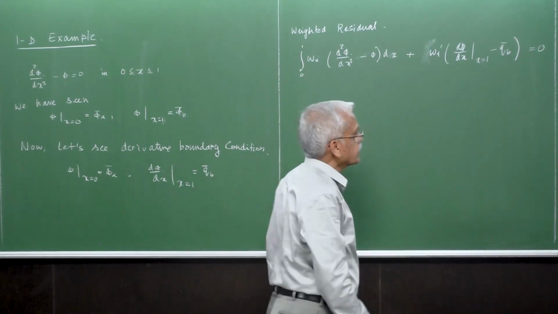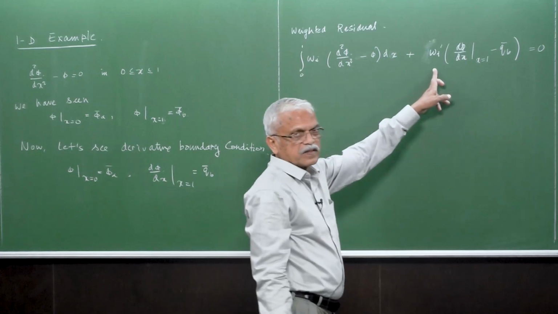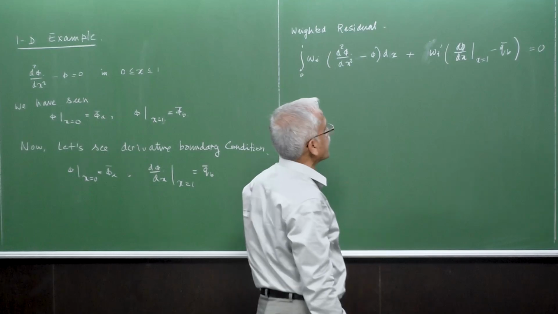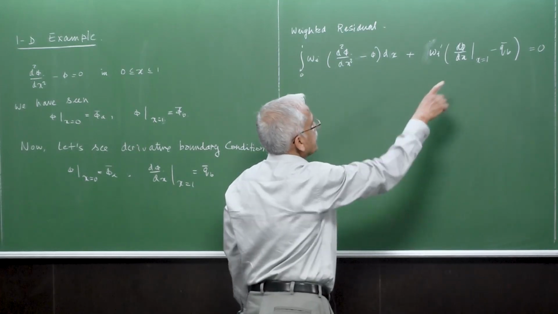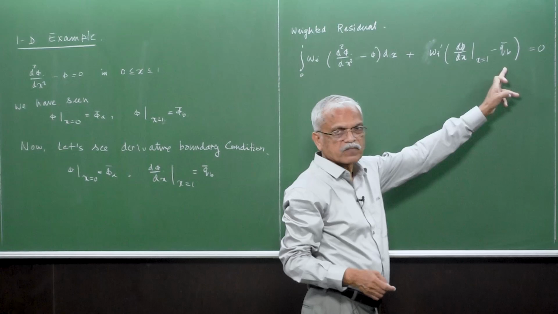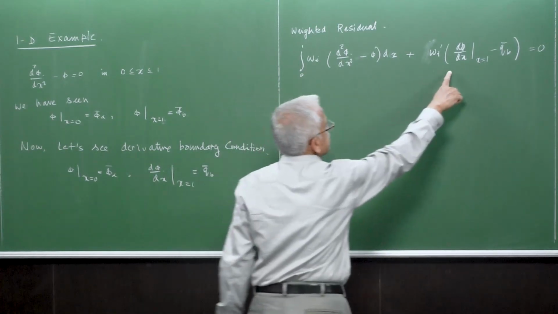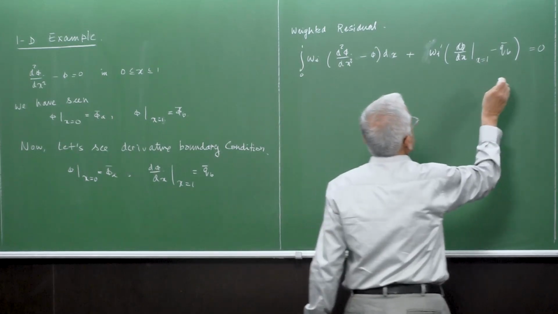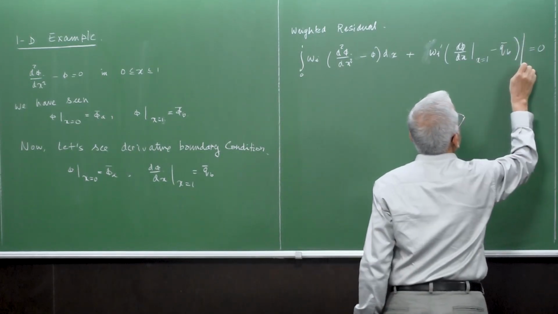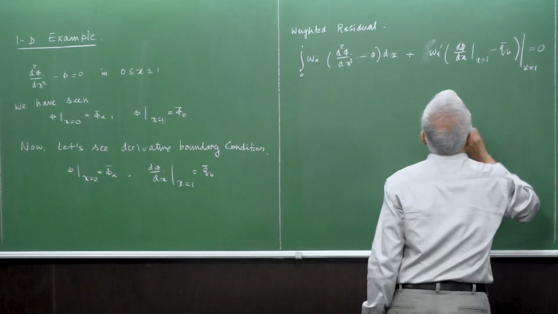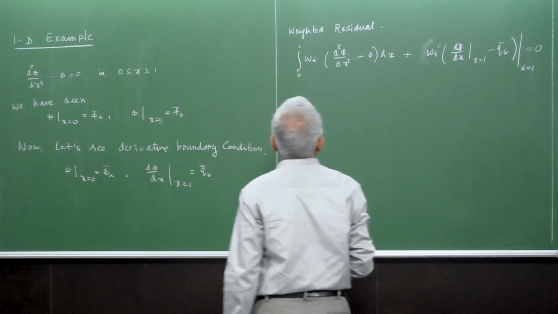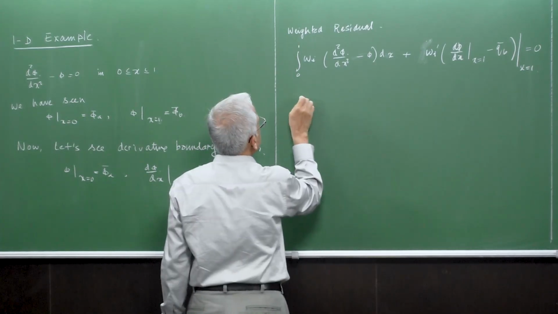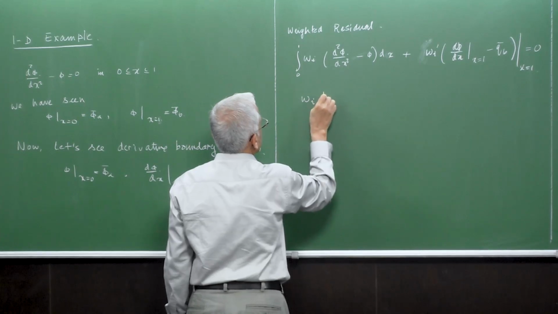Here we have taken the boundary condition of the derivative together with the weighting function Wi. Since this is only a point boundary condition, we put it as just one value. That means this has to be validated at x equal to 1, right? Okay. So the integration of this one will give you